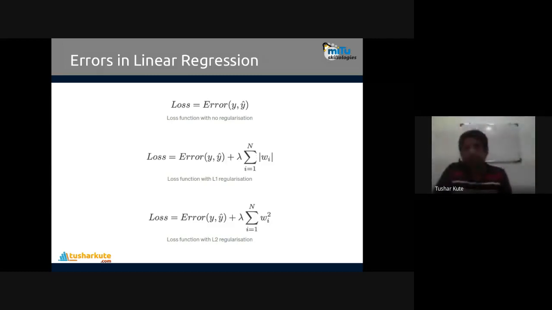Now this is the common loss function. We have talked about the L1 norm and L2 norm also. If you want to decrease this loss, we make use of a loss function: loss is equal to the error between y and y hat plus the L1 norm, which is lambda times the summation of |wi| for i equal to 1 till n. That is the L1 norm applied. It is like the Manhattan calculation method, all added with the lambda multiplication factor.